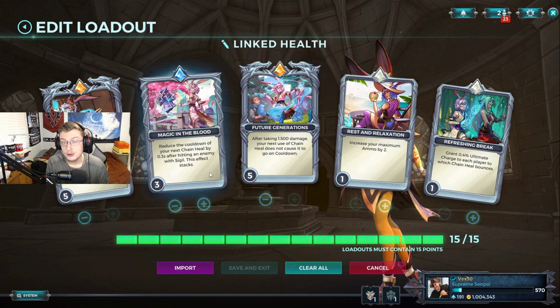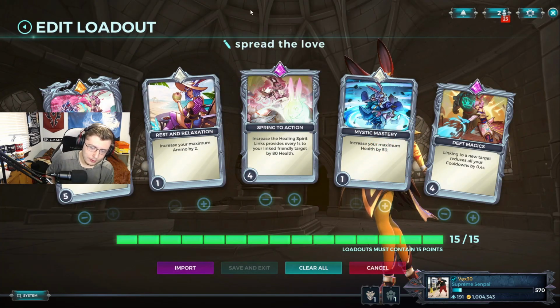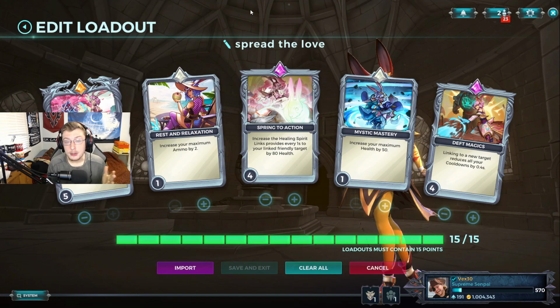She doesn't have any other source of self-sustain outside of chain heal, which is kind of tragic and feels bad. But yeah, Magic of the Blood as well, a core card for Rei. This build here is what we used in the video. Magic of the Blood reduces the cooldown of your next chain heal, and this effect stacks, so basically you can...